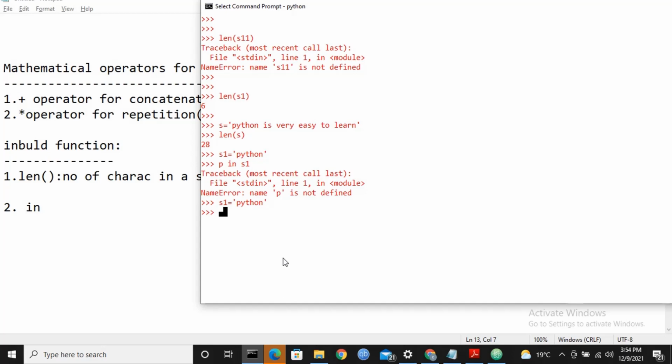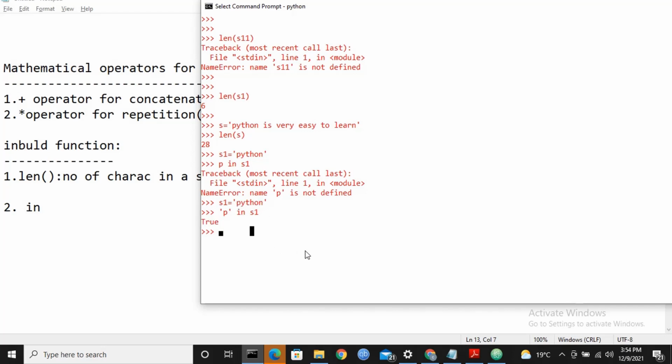So how do I verify? First I need to check whether 'p', a character type, is present in s1 or not. If it is present, it will give True.